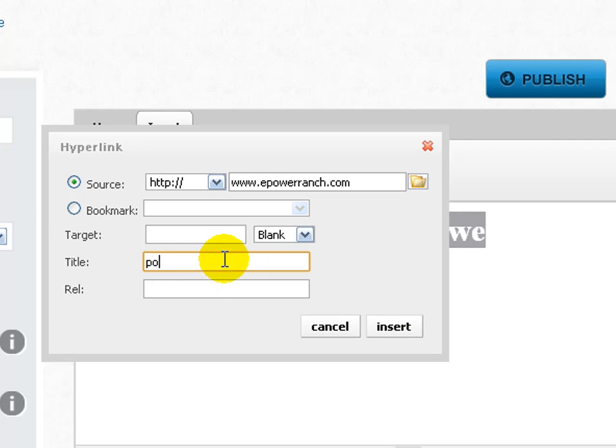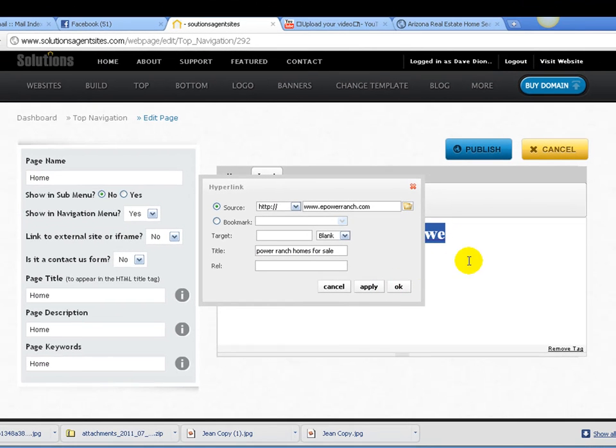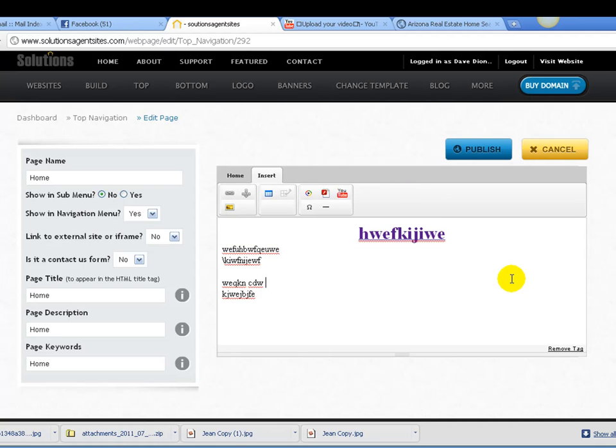And then I would type in a title, which would be a keyword, like Power Ranch Homes for Sale. Then I click insert. Right now when I click insert, it actually activates it, but it doesn't close the window automatically. At some point in the future it will, and there's that page. I'm going to publish the page. Every time you work on your site, make sure you publish it,